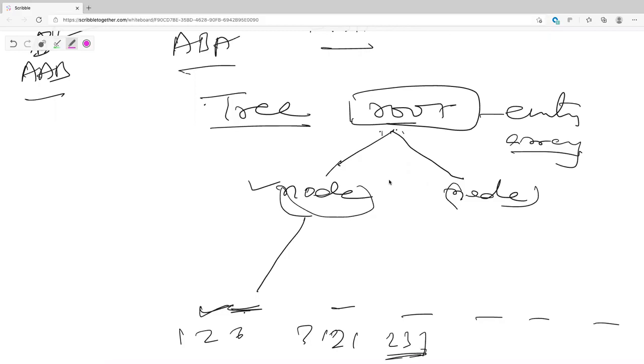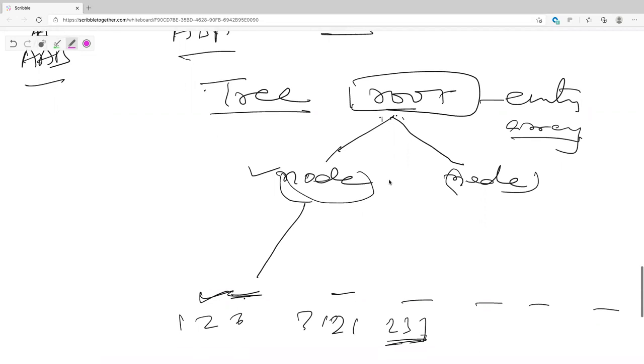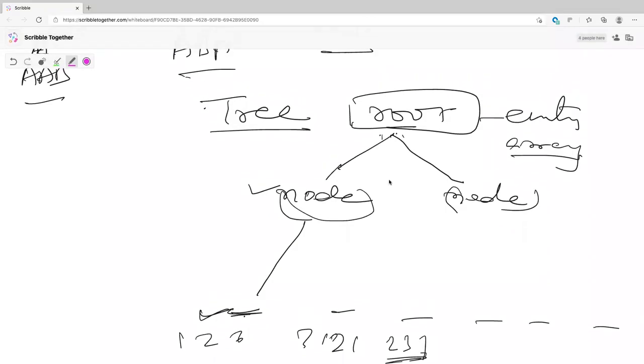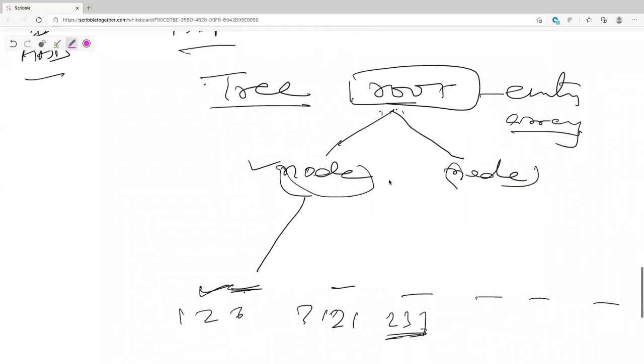Then you add only those nodes whose length is size 3. Or if the question says you need to add all, then as you're doing DFS, just keep adding all your nodes to your result. So eventually everything comes back into a tree.